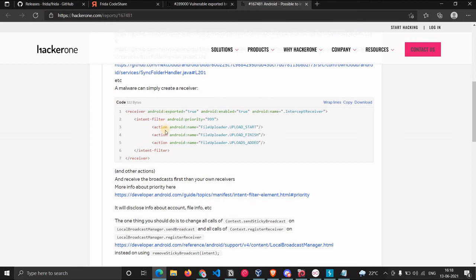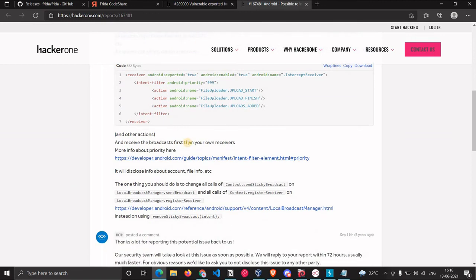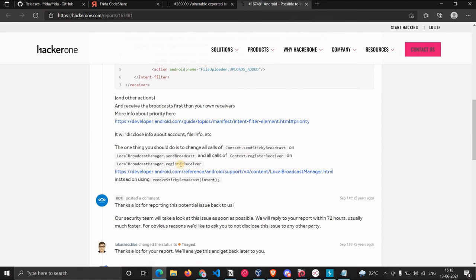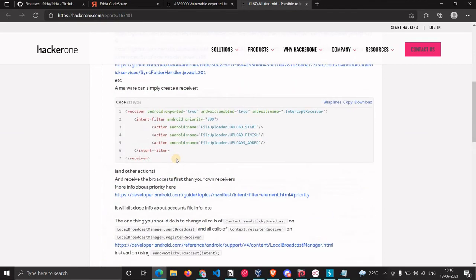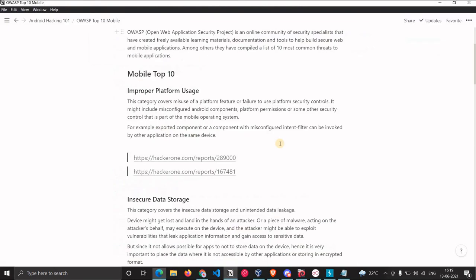So what will happen is a malware can simply create a receiver, and receive the broadcast before your own receiver does. So this is how we found that this particular thing is exported, and you can exploit it.